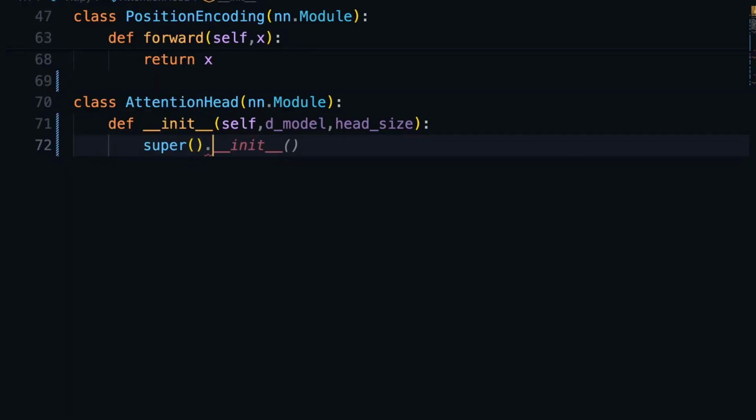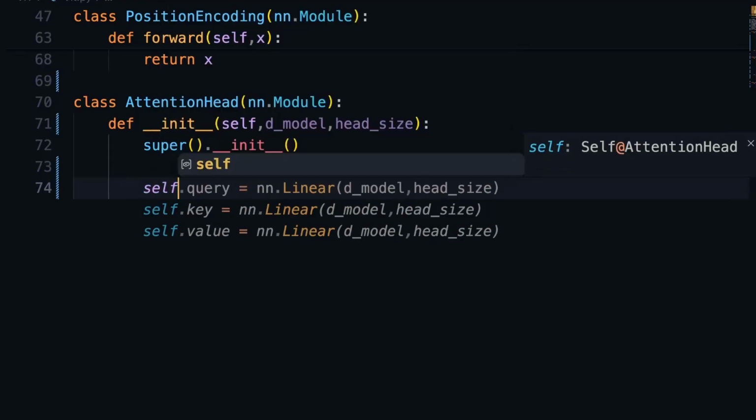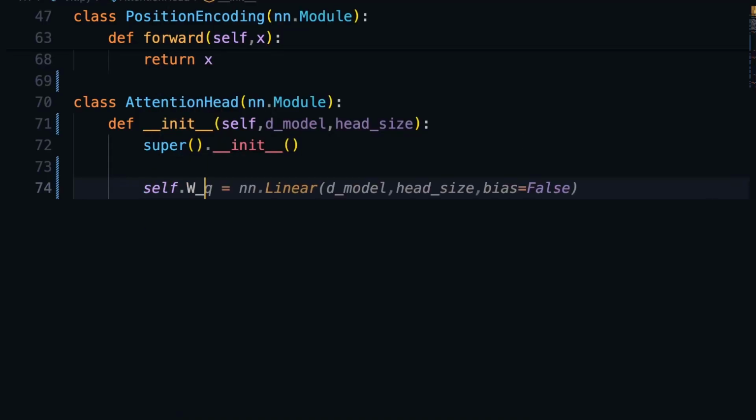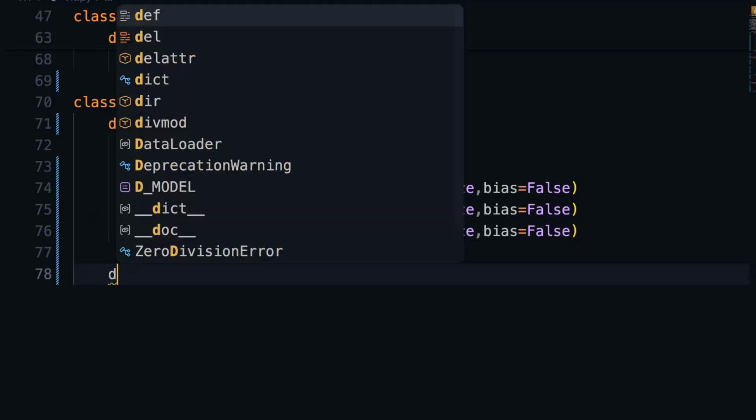It has to be super dot init. And we will initialize self.wq as linear, wk and wv, three linear weight matrices, and in the forward